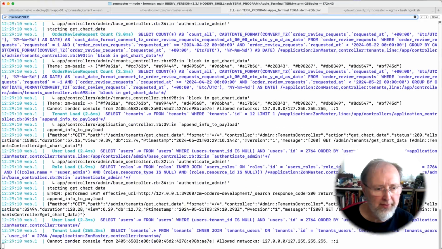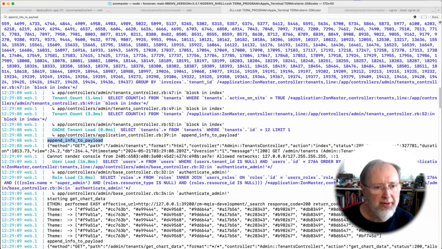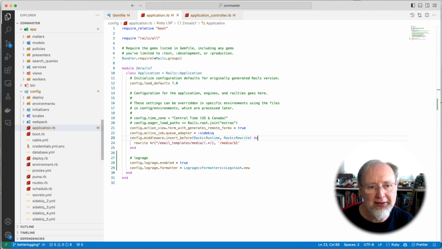There, so we see it all over the place. So that's the one from our log. So it's getting called, but if you look at this next line, nothing's different. That stuff that we added isn't there. And that's because while you add it to the payload, I'm not quite sure why this is, LogRage doesn't actually output it. So what you need to do is write a little doohickey